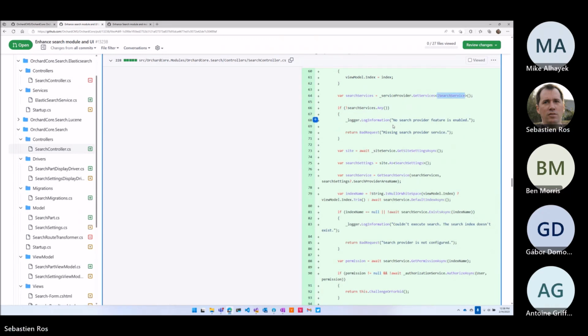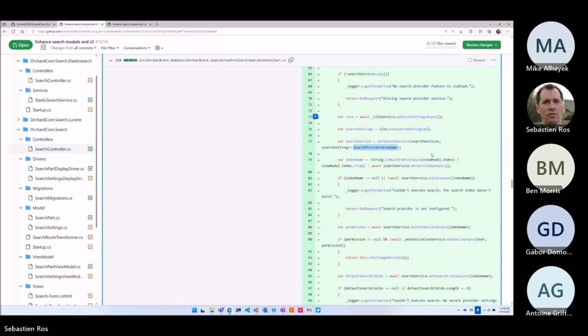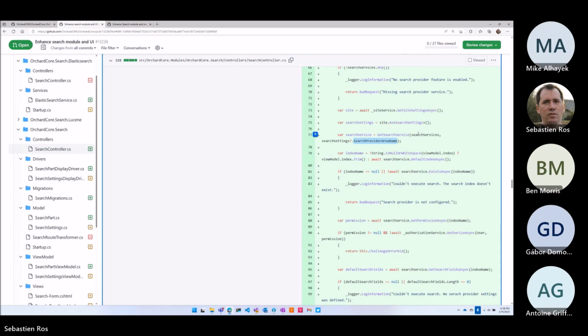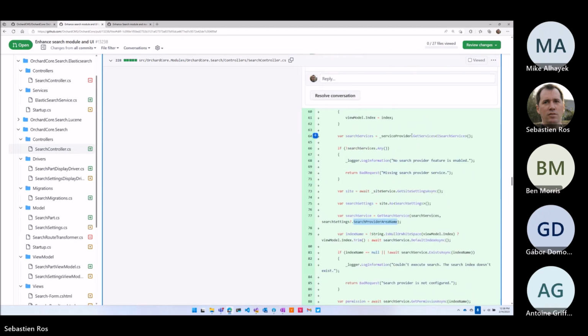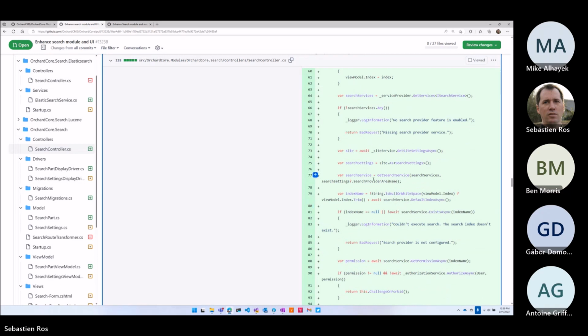Many of them. Yes, because you can have more than one enabled at the same time. We have an option to determine which one is the default one to use. So in this case, if you have more than one, we look up your default. Was this existing before? Yeah, that's how we set the default